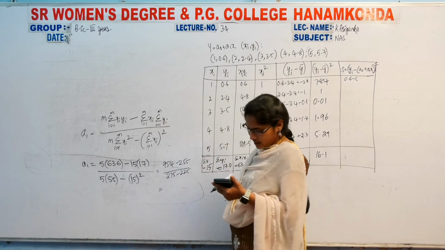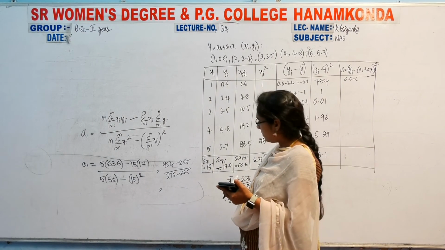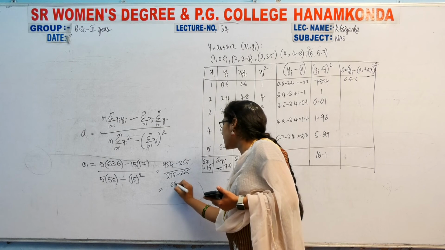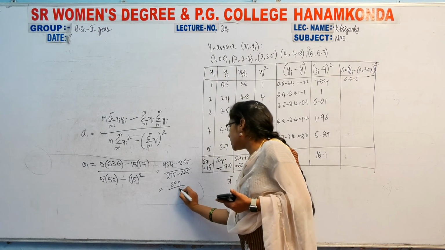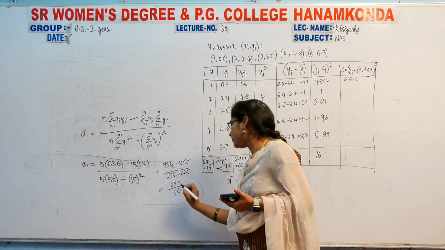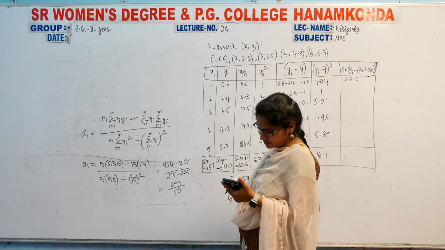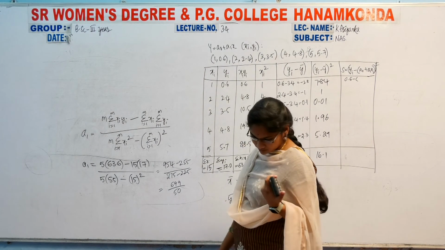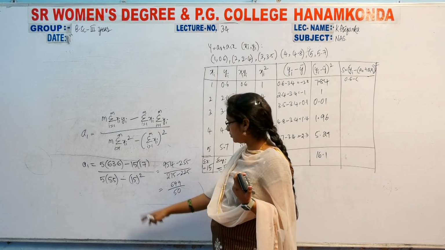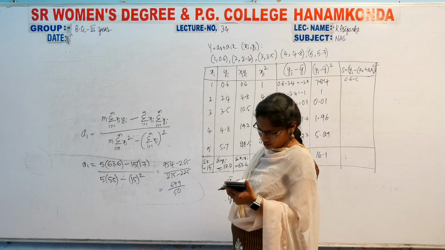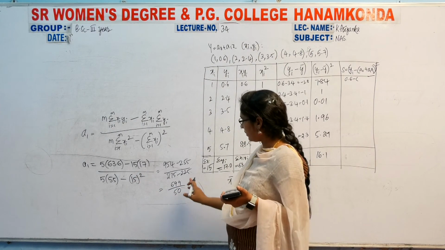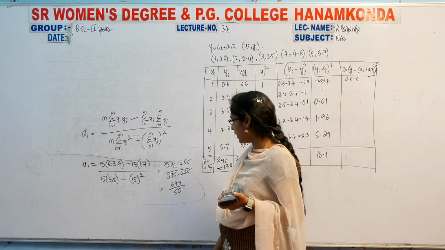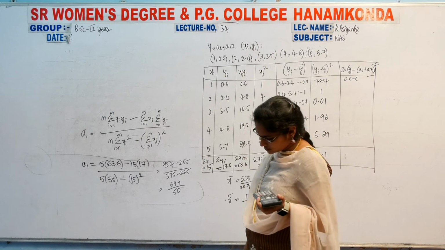Directly, 318 minus 255, 63 by 50. Now divided by 50. So once again, 15 into 17, 255. Okay. Now 5 into 55, 275. Okay, done. So now here clearly we will get that it is nothing but